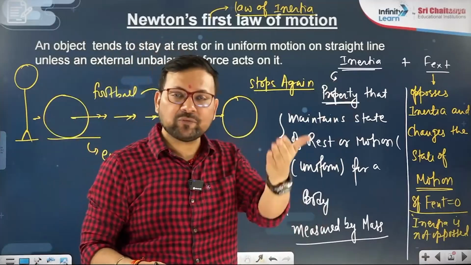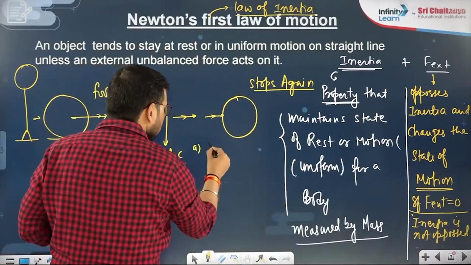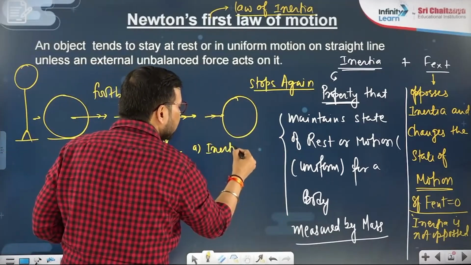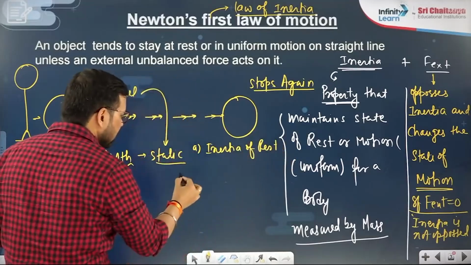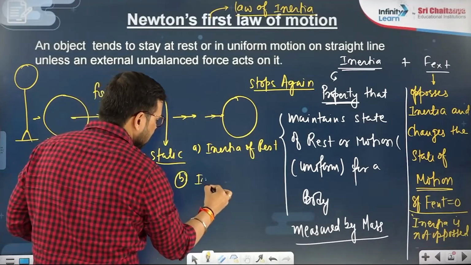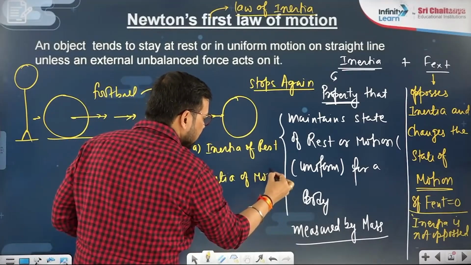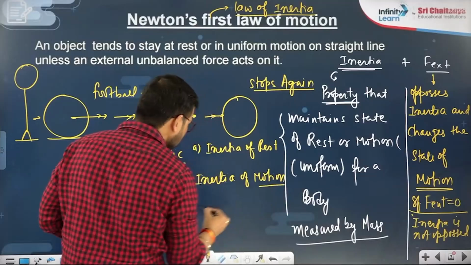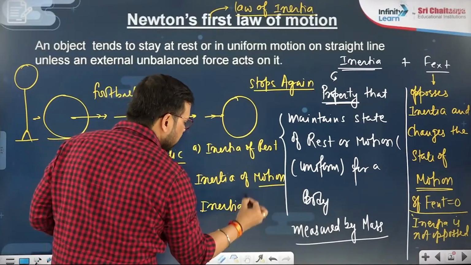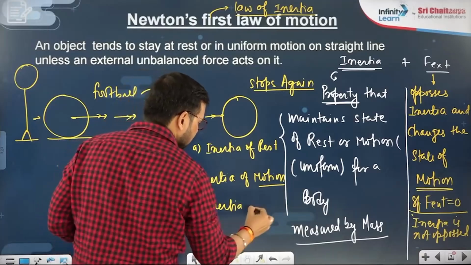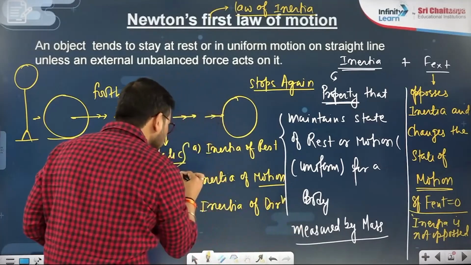Then come to the types of inertia. There are 3 types. First is inertia of rest, which is helping the body to maintain rest; all of you have studied that in lower classes. Second is inertia of motion, which means inertia is helping to maintain constant motion. And third, inertia of direction. Inertia is also helping the body to maintain its own direction. If you want to change any of these 3,